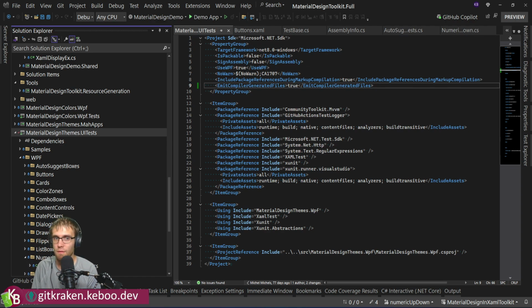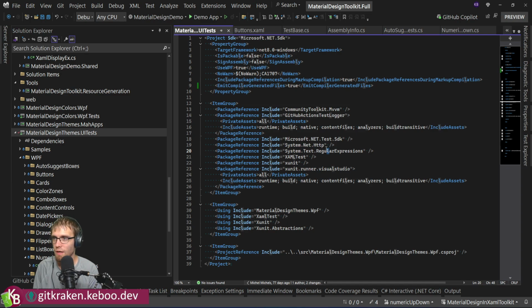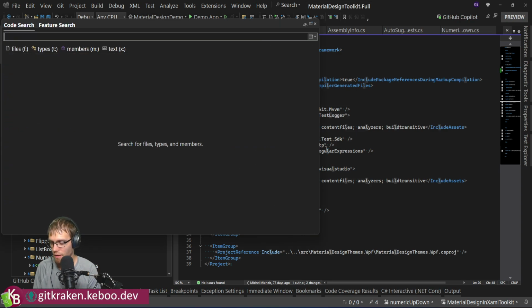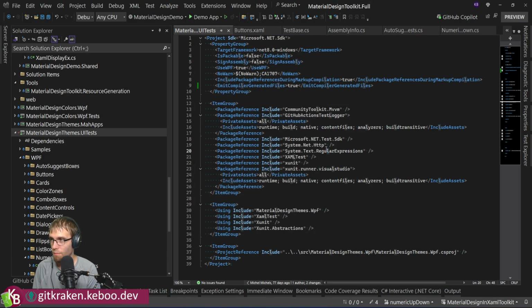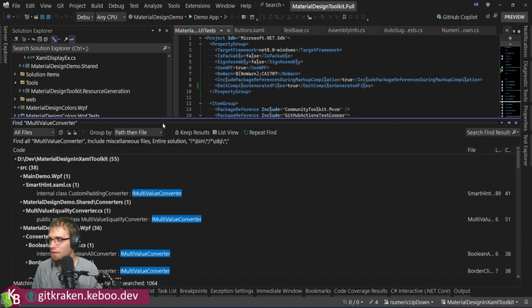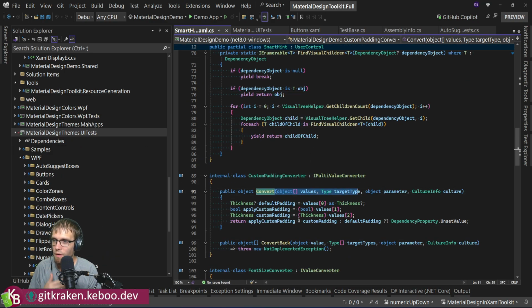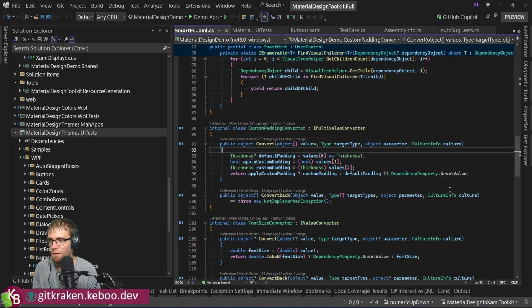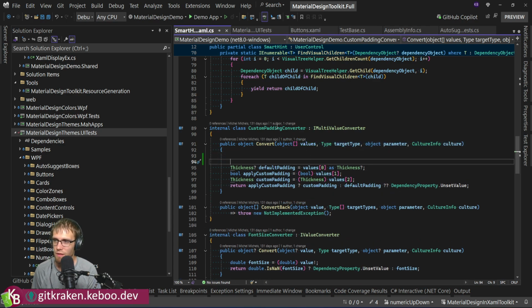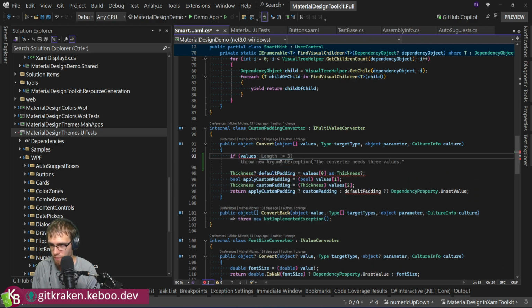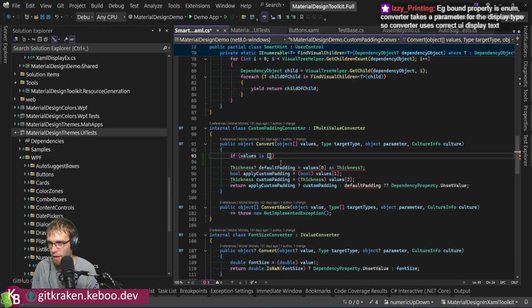And then let me show you, because if you are on later stuff, where is it? The fact that it insists on showing up over there. Right, so if you are on latest stuff, you can see here, this thing is basically this custom padding converter. It's taking in a thickness, a bool, another thickness, and it's doing some work with it. Latest stuff, list pattern matching is your absolute friend, right? So the way I would write this now,